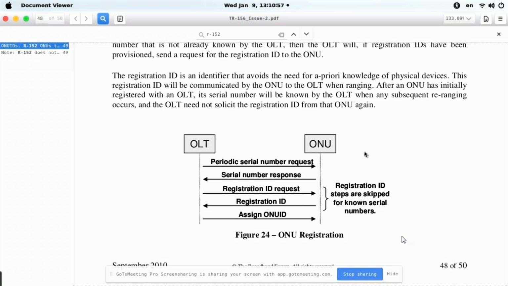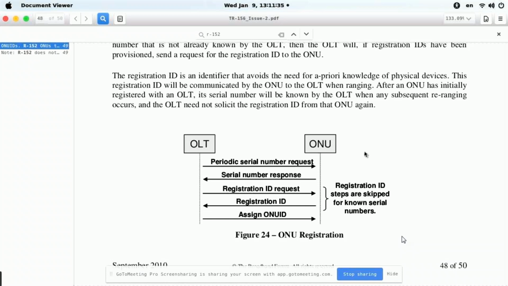For example, if this ONU has stored the serial number and the registration ID, the first step, you need to identify the serial number. If this serial number is not available, we tend to get the registration ID and identify